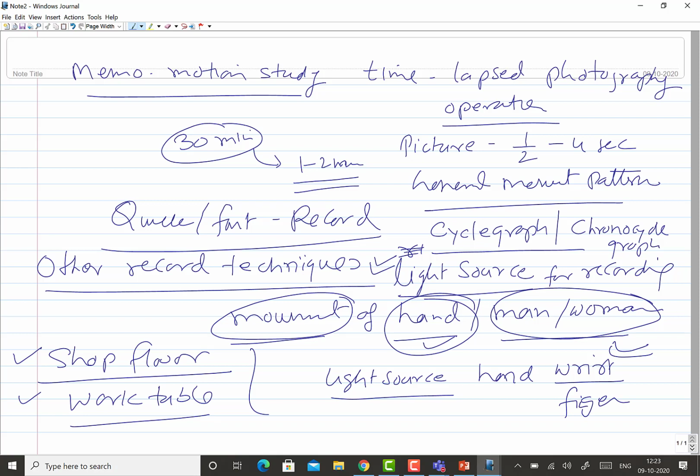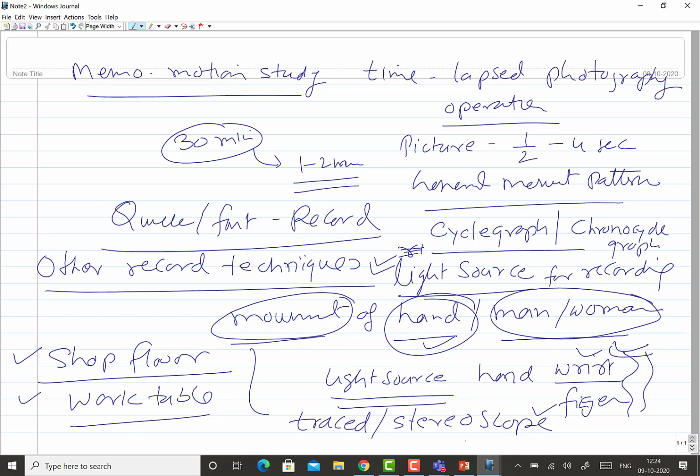Okay, so the light source is mounted on the wrist or on the finger, so that whatever movement of the hand takes place during the work is recorded or traced using a special device which is called a stereoscope.